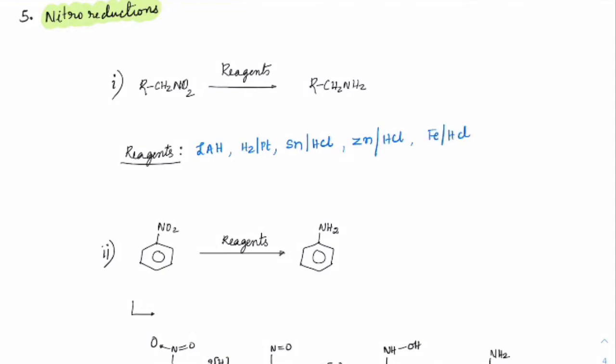Got it? I can take tin chloride plus concentrated HCl. This can also be used. Similarly, zinc chloride plus concentrated HCl can be used, the Lucas reagent. All of this will give a high concentration of nascent hydrogens. The way to remember is, imagine they can give enough nascent hydrogens, so they will convert every nitro group into an amine group here.